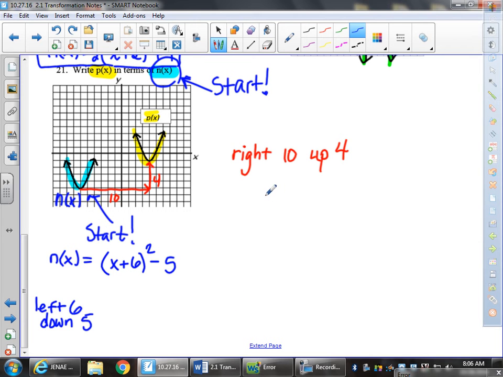So now incorporating right 10 up 4, p of x equals what? N. Do we want to start with n, or can we just straight up write our function incorporating this? X plus 6 minus 10 squared, minus 5 plus 4. Very good. Our final function would be p of x equals